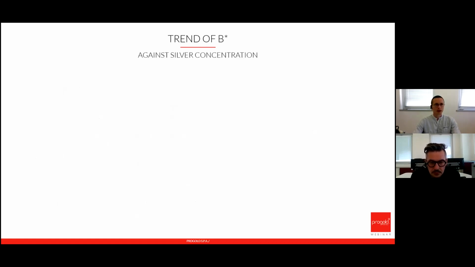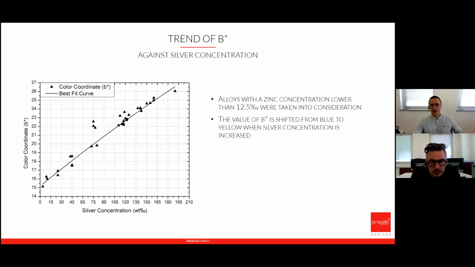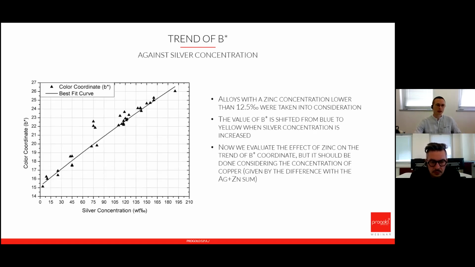Okay, let's move to the B coordinate. This coordinate is instead increased by an increase of silver content. The B coordinate represents the color component going from blue to yellow. And this means that the alloy will become more intense yellow by adding silver. We could imagine it since silver makes the alloy brighter. So even in this case, we can say that the alloy will become more yellow in a certain way, more